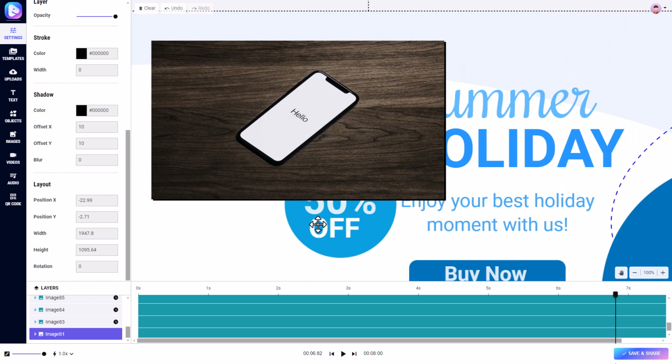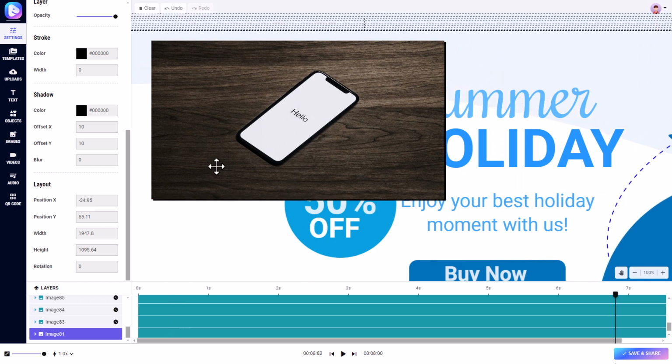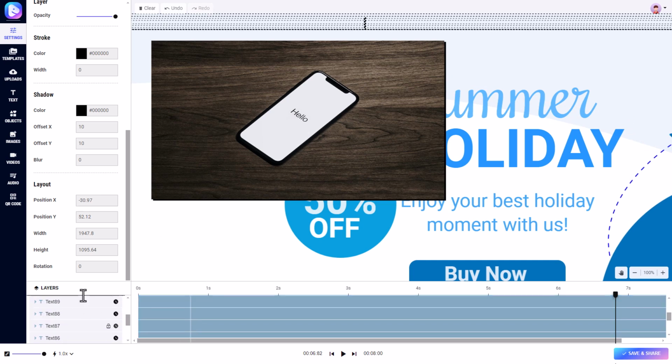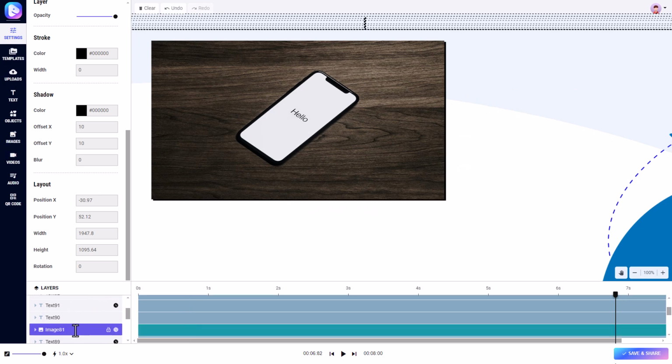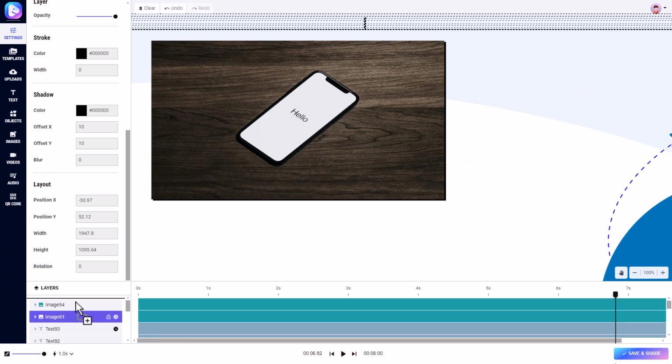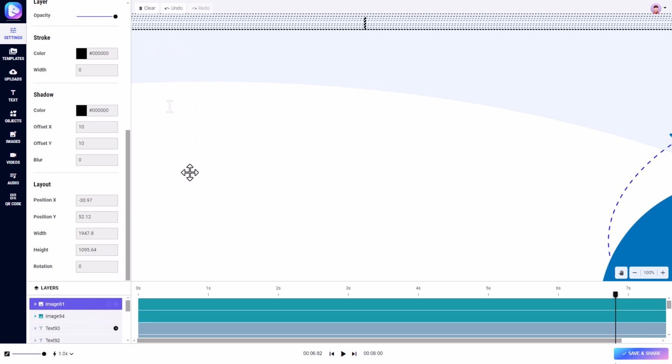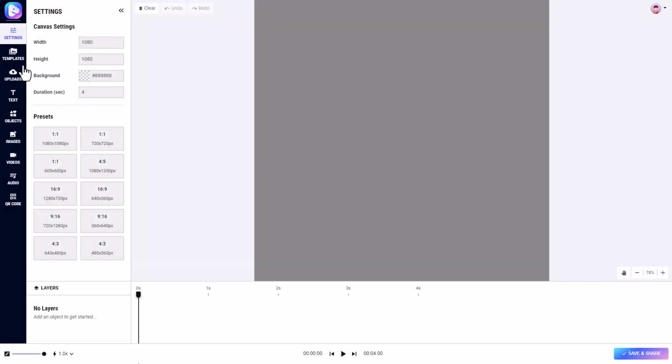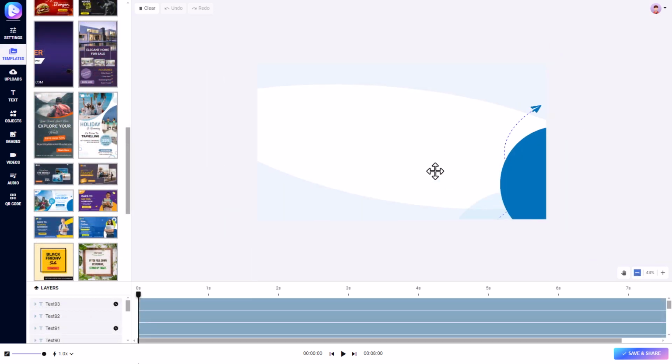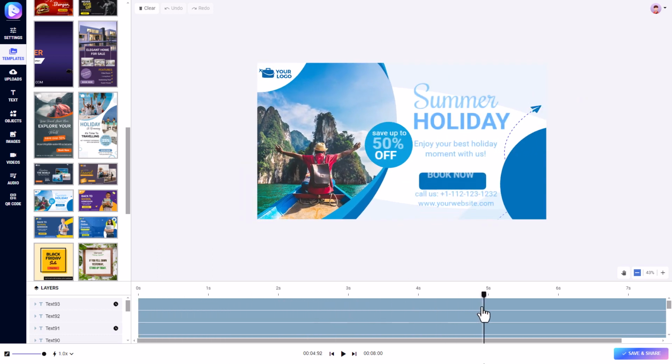So like I say, you can go and replace all these things. You can adjust things on the layers as well. So this image is down the bottom. I can move it right up to be at the top, etc., etc. This image seems to have caused no end of problems, so I actually want to delete it. It's causing no end of problems, this. So I'm going to clear this project. I don't know what's going on. I'm going to repick the template so it's small and we can see it, because it seems to be doing a 1:1 size. And you don't really see everything until you move in.